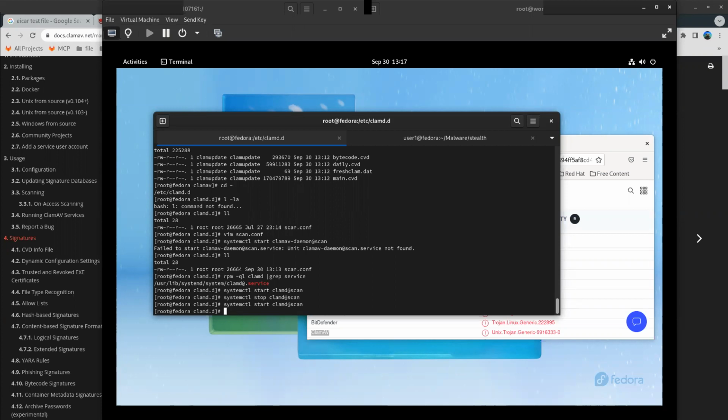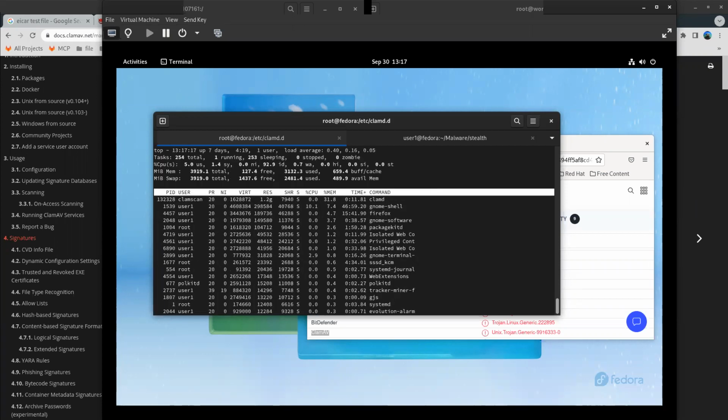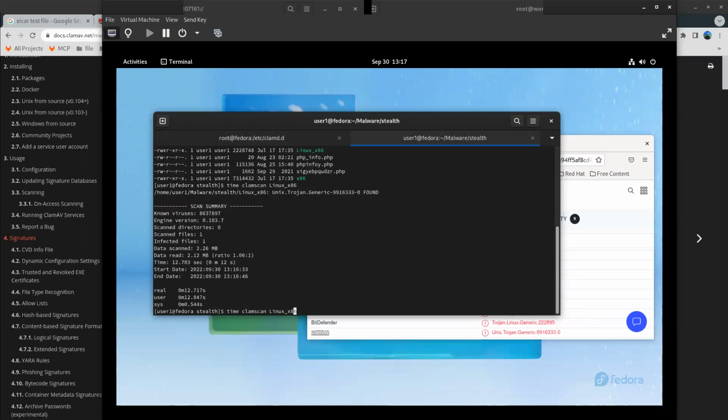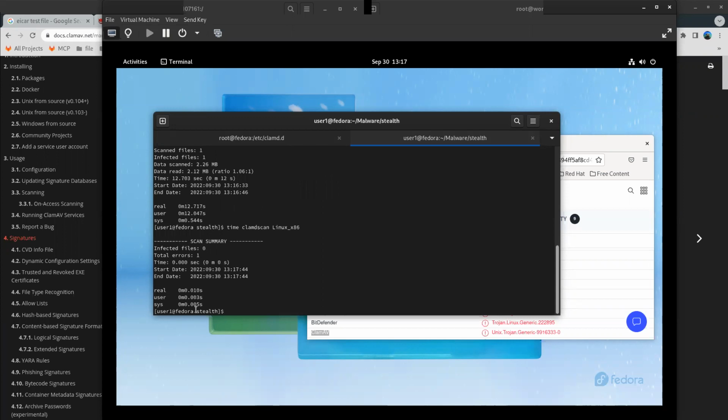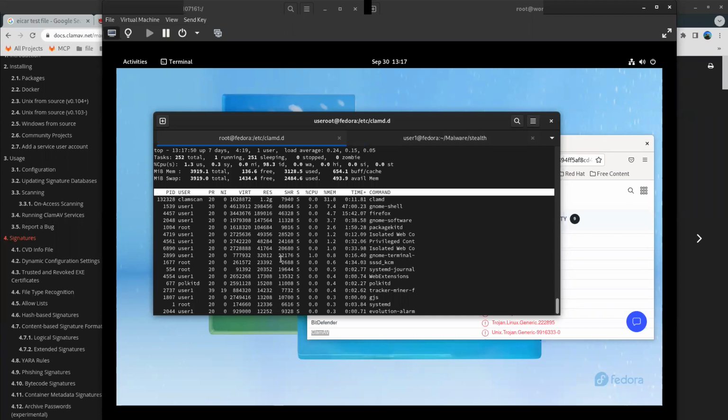The reason why it's bad is if I look at the largest memory consuming process, that's real resident memory consuming process on the system, it's 1.2 gigs, right? So there are plenty of very good memory-based reasons to not yet run this as a service and just eat it and live with the fact that the scan time for this was 12 seconds, versus the scan time when I run the client version, where it ran in, well, it hasn't finished starting up yet. That's why it errored out, but it'll run considerably faster.